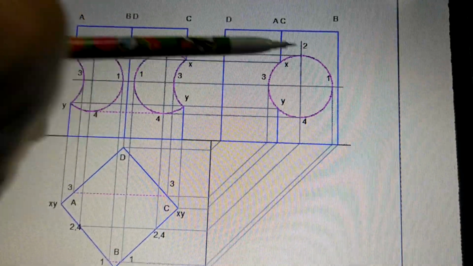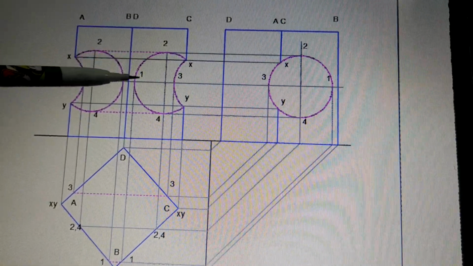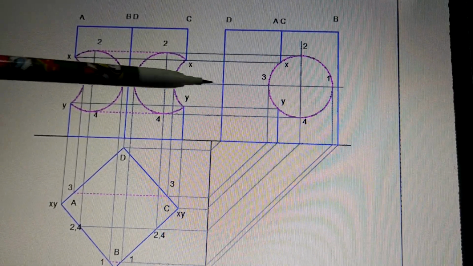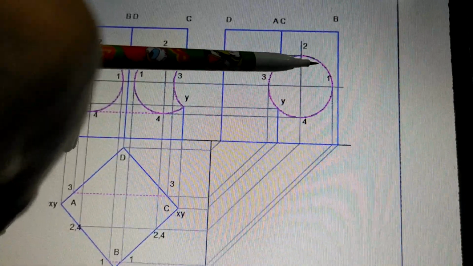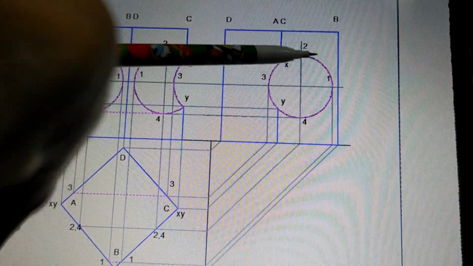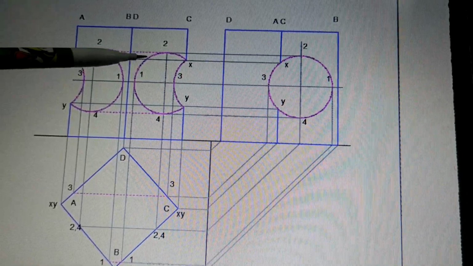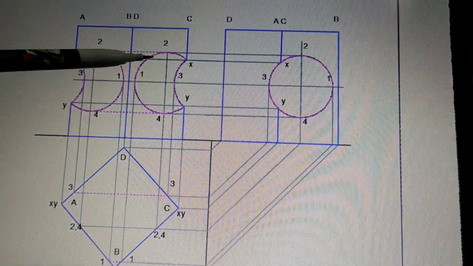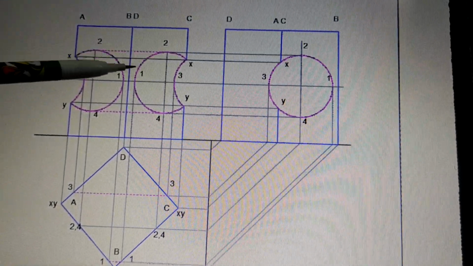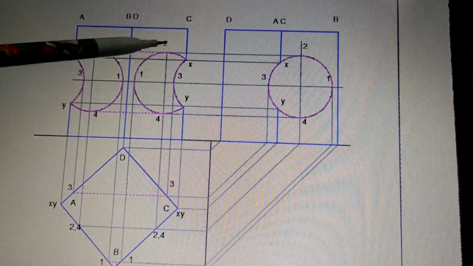Now what is the shape of this curvature? Why like this? Why not slightly flattish? That will depend on the rest of the points. So suppose you take 1 or 2 more points from here and project them, then you will come to know that they come somewhere here. So according to that, this is the shape that is supposed to come between 1 and 2.